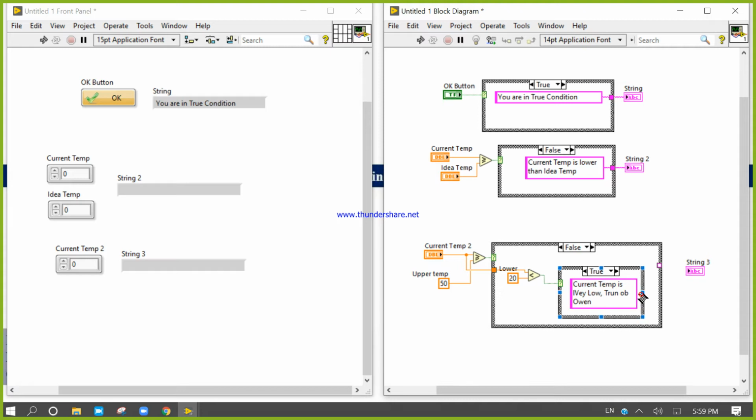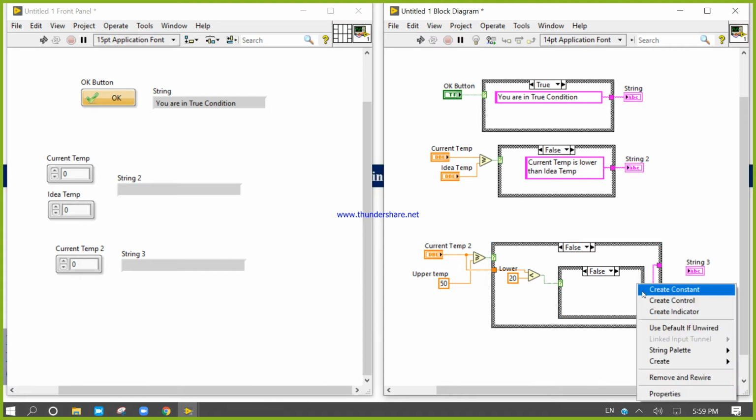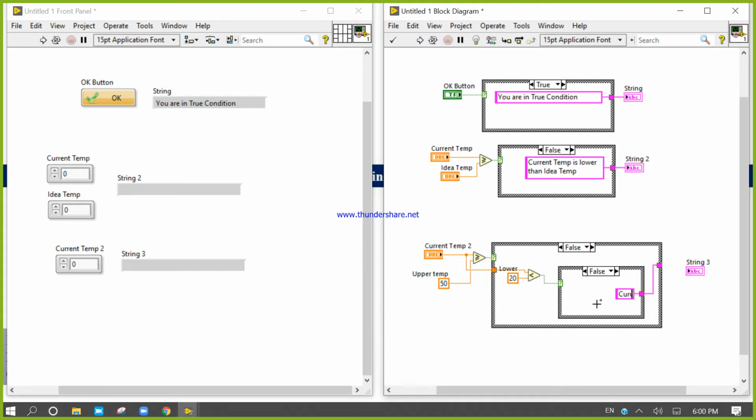Now if the current temperature is not, then the current temperature is very good. So here it is just like the previous one. If the current temperature is greater than 50, then it is very high.